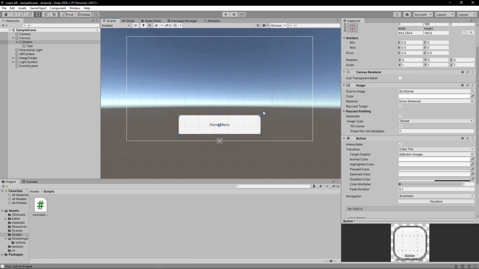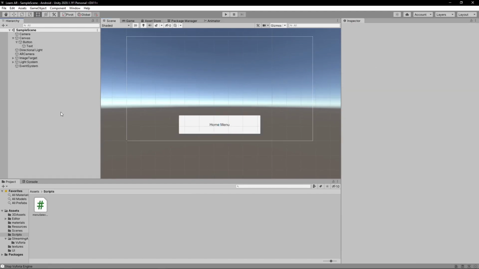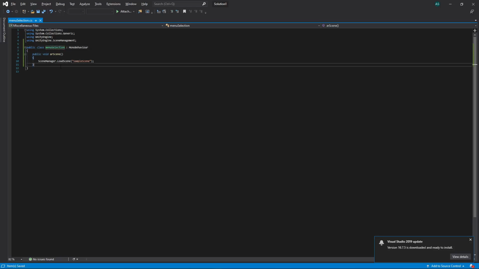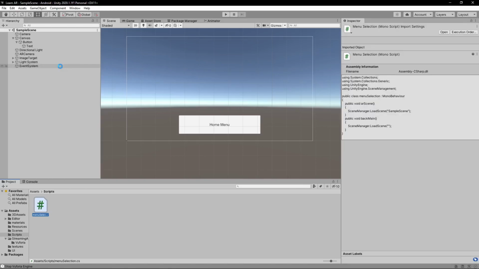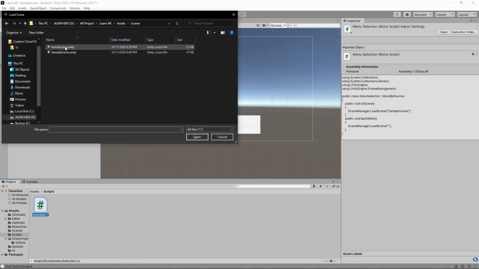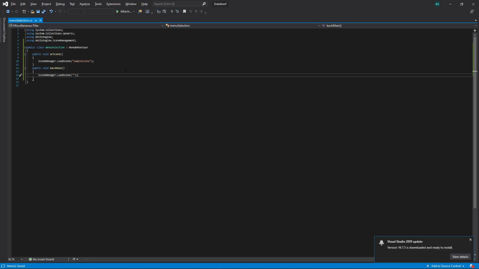and then save it. And then we are going to add a new function called public void back, SceneManager.LoadScene. We're going to check the previous name. If I was not mistaken, it was home scene, so we just copy this home scene, save it,